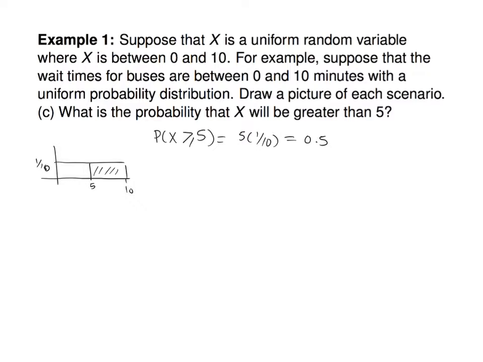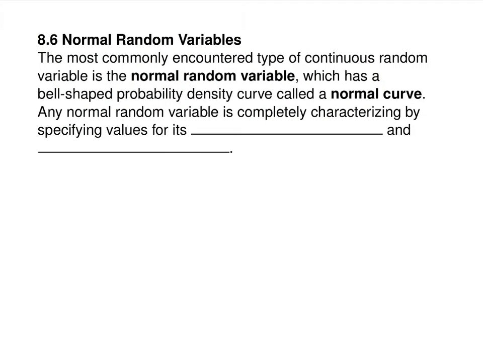So in general, these are just an example of stuff where you think, okay, probability is area for continuous functions, but in most situations in real life, you have functions that actually have a curve to them, and you've got the question of how do you find areas under curves. That's the big idea. So the big category we're going to talk about a lot, pretty much for the rest of the semester, is something called a normal random variable. This is something that has a bell-shaped probability density curve called a normal curve, like that curve that I sketched earlier. And it's completely characterized,